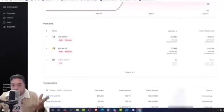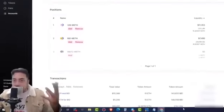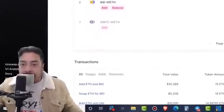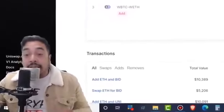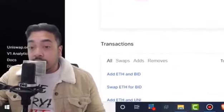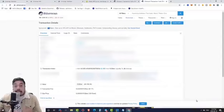However, let's say BDAO starts to trend up and the price goes up, whatever the team is doing their thing, and milestones are being met, and we see that token valuation going up. That's where you start to make even more money, and your overall liquidity increases as well. And conversely, if we check out the Ethereum Uniswap transaction ID where I added liquidity